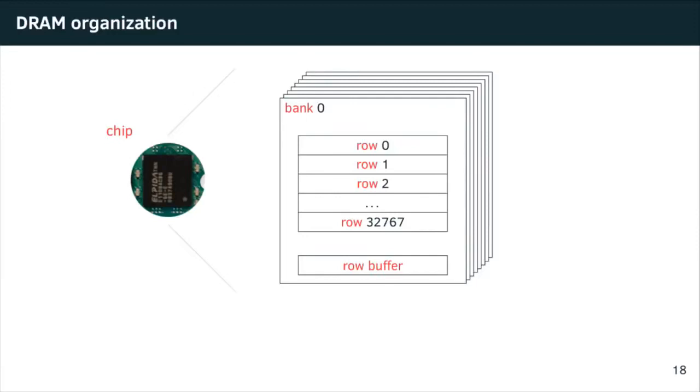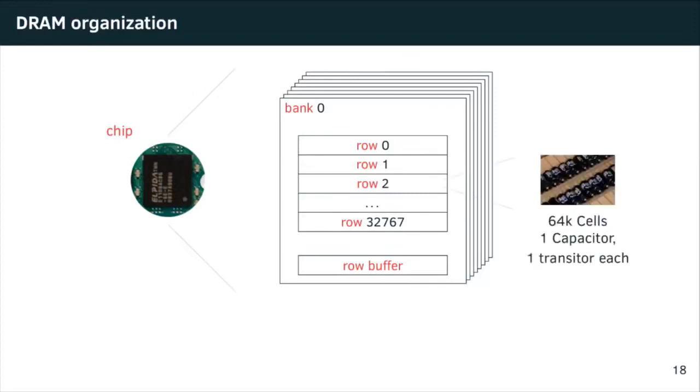For now, we'll just have a look at what's inside one of these: 32,000 rows of the bank. And you probably guessed it, this is where we have our capacitors. The capacitors are part of a cell, and a cell consists of a capacitor and a transistor each. This means that each bit takes only 2 electronic components to be stored. The capacitor is there for control so that we actually get a chance to read and write the bit.